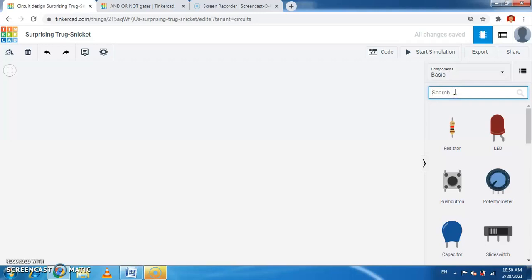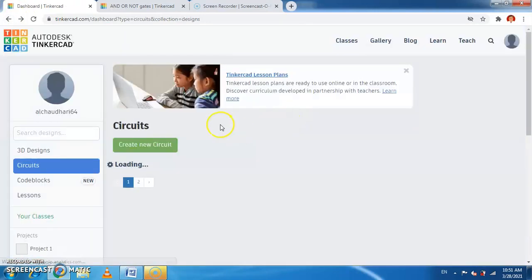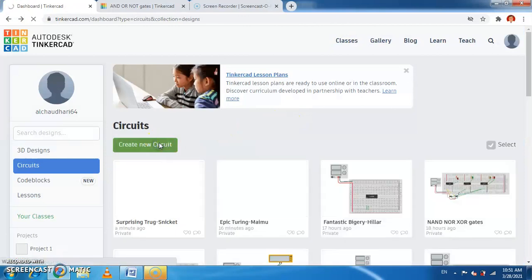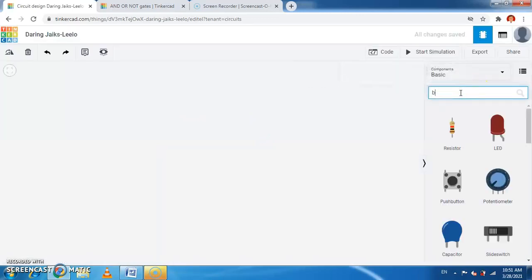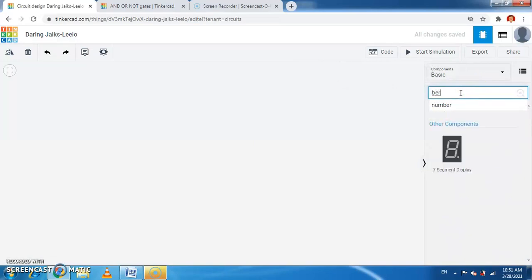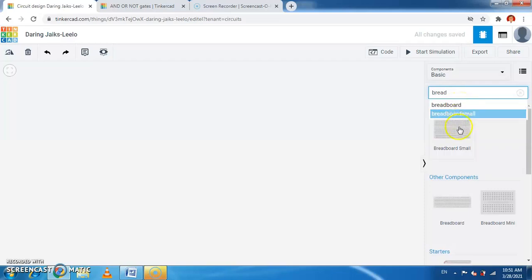In order to build the circuit here, we require the breadboard. So type breadboard here, and we'll get it.